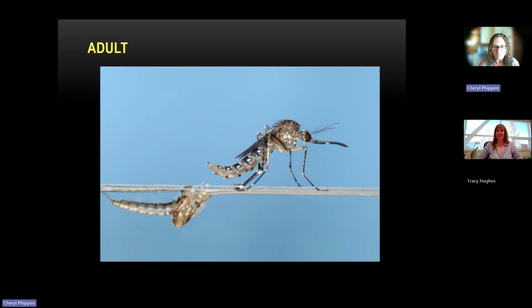So they do serve a biological purpose, the males do, as well as the obvious of being food in their aquatic stage and in their terrestrial stages. And again, I want to reiterate that all larvae develop in standing water, somewhere where they can swim. Now, there's a picture here of a male mosquito. He's got big fuzzy antennae, and they actually use those antennae to find females.